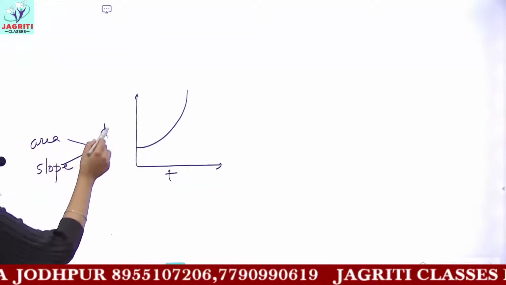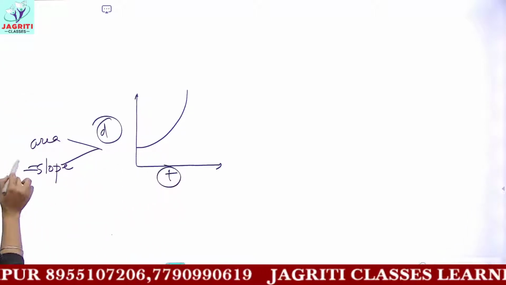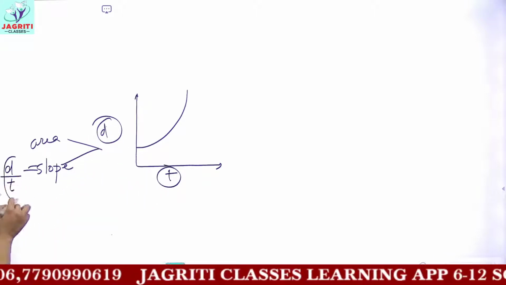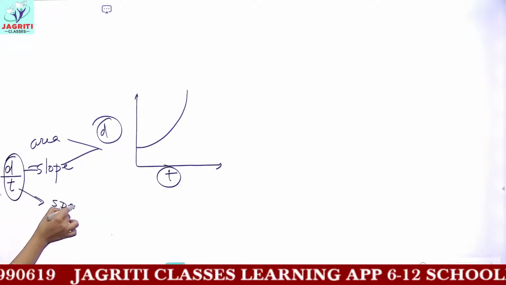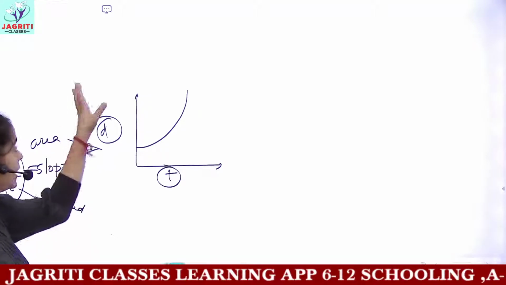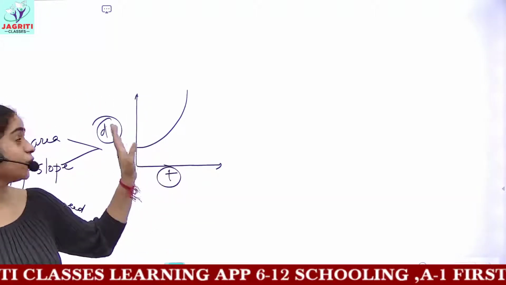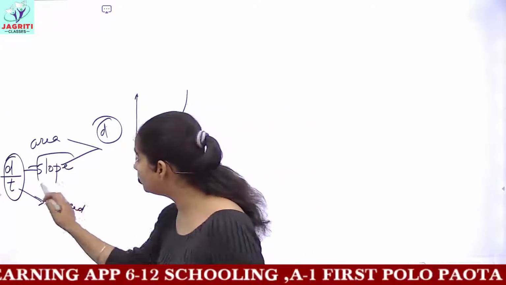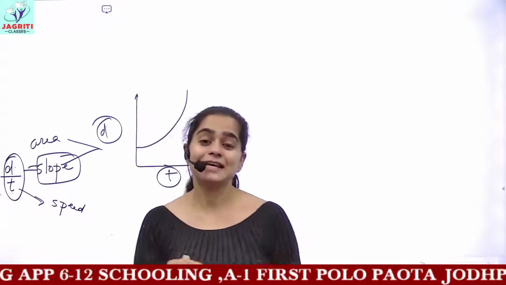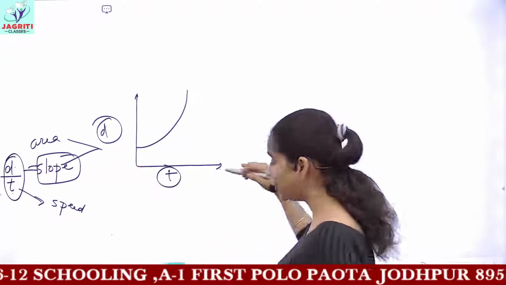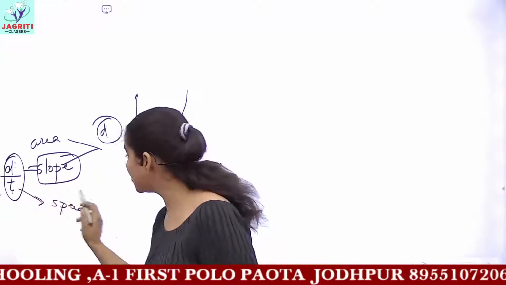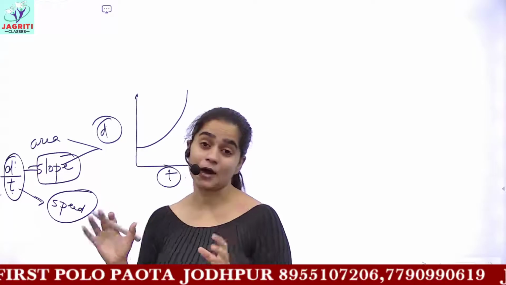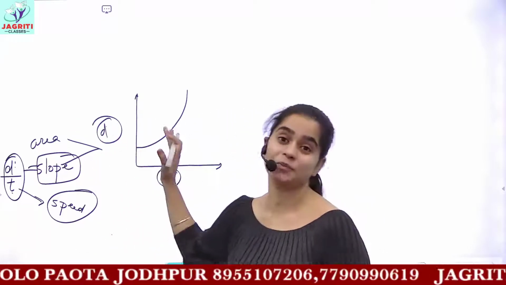You know that for this distance time graph, the slope, if you find it, would be y upon x, that is d upon t, and this d upon t gives you the value of speed. So if you are asked to calculate the speed from the given distance time graph, you will find the slope, which gives distance upon time, that is y-axis upon x-axis, and this distance upon time is the formula of speed. In this manner we have discussed how to read and interpret different parameters from the given curve.